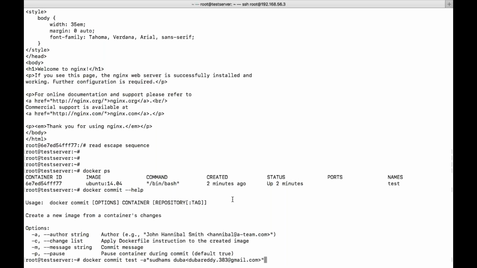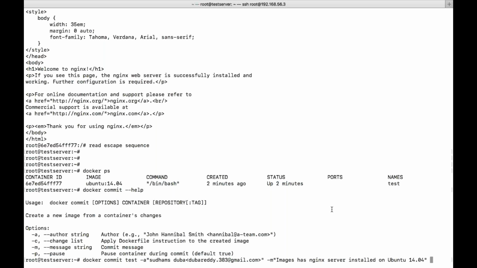Then like message, if you want to give some message, let us say, okay. So that is a message which I've used. By default, your container will be paused when it is trying to convert into an image. This container will be paused till the container got created into image and then it will unpause automatically. So no need to do. It is a default. You can see here default true. It is already enabled, so no need to do anything from our end.